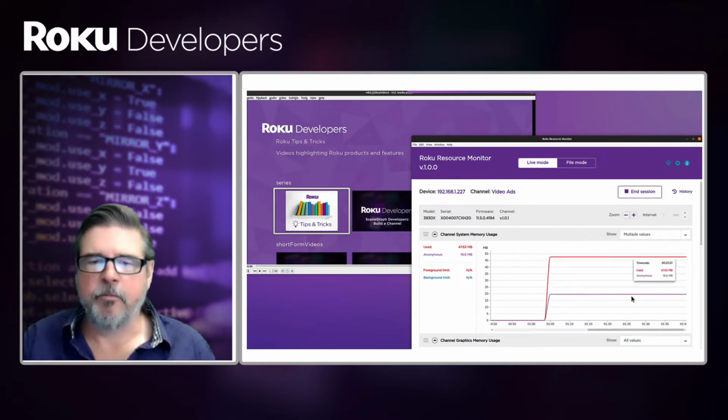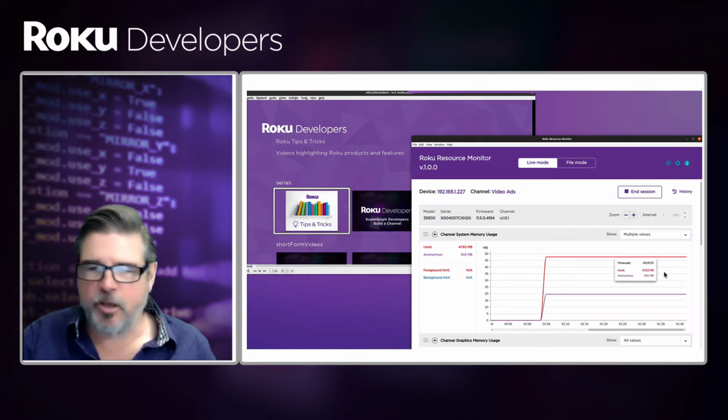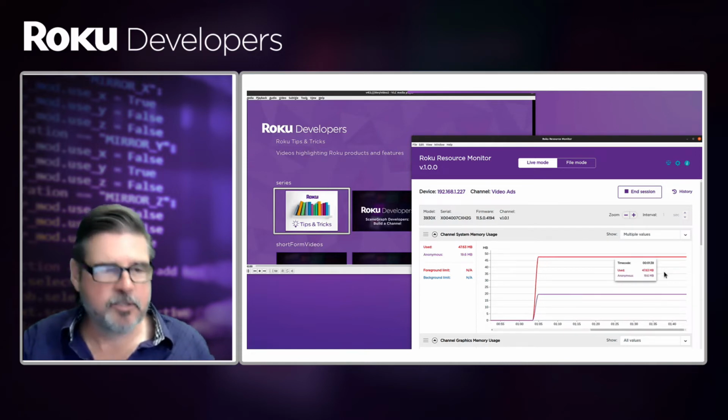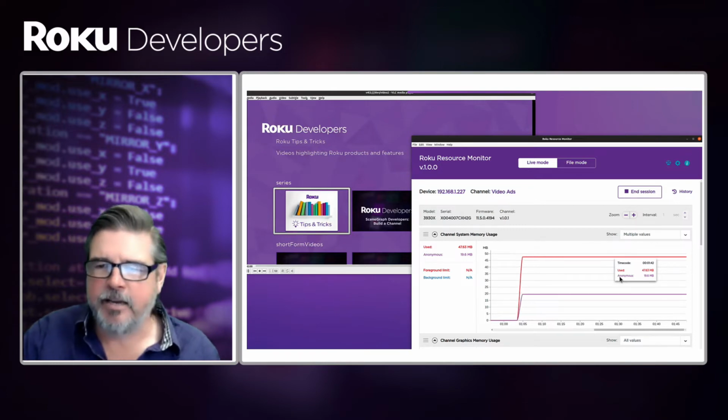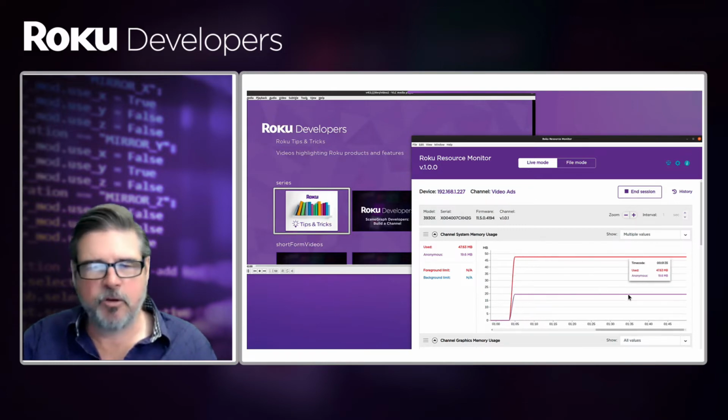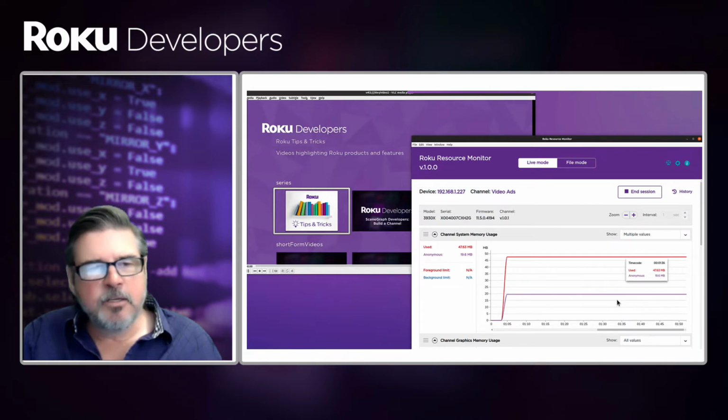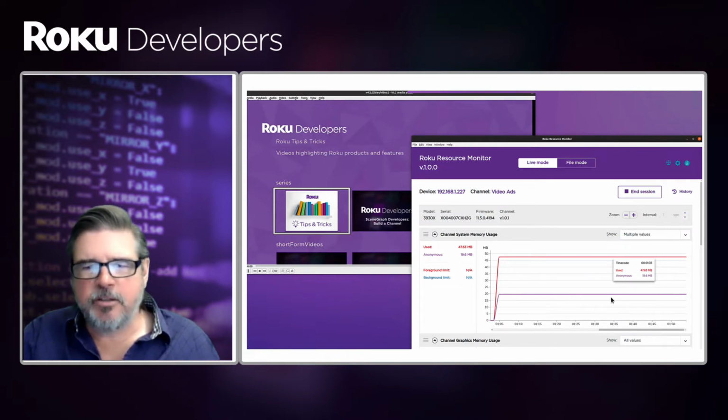And there you go. Which makes sense. The CPU is fairly flat because I'm not doing anything with my channel. The memory usage is fairly flat because I'm not doing anything with my channel. That's what you would hope and expect. So let's look at some of these other